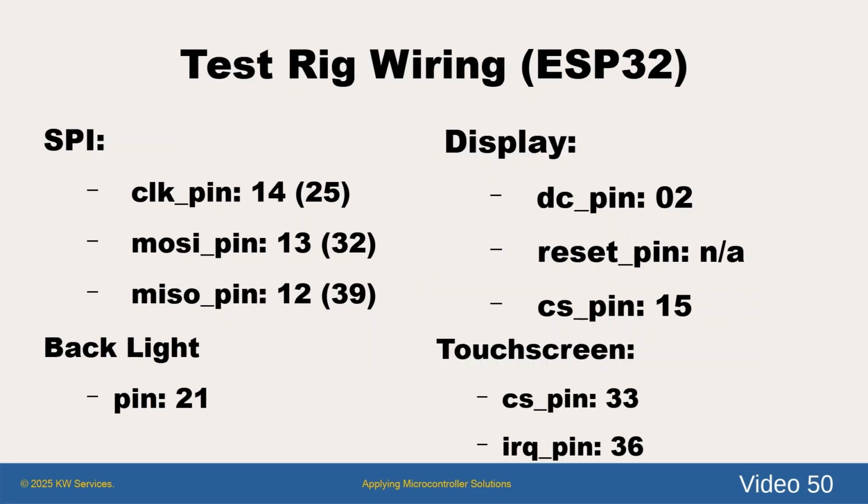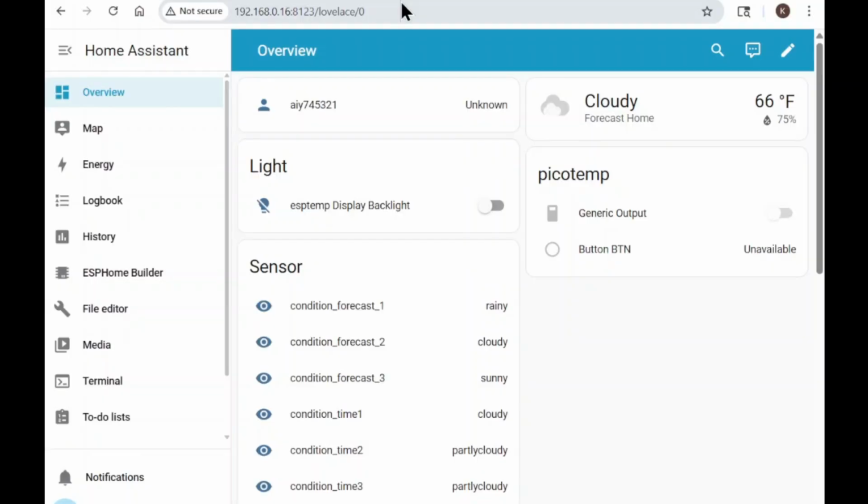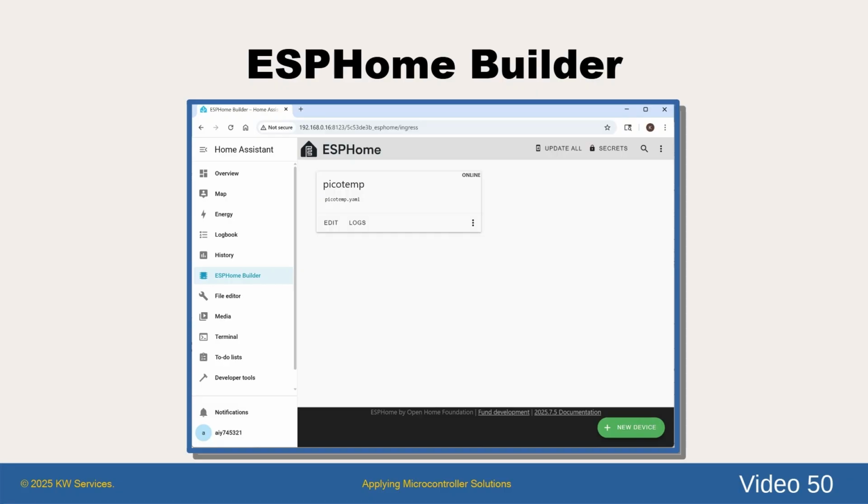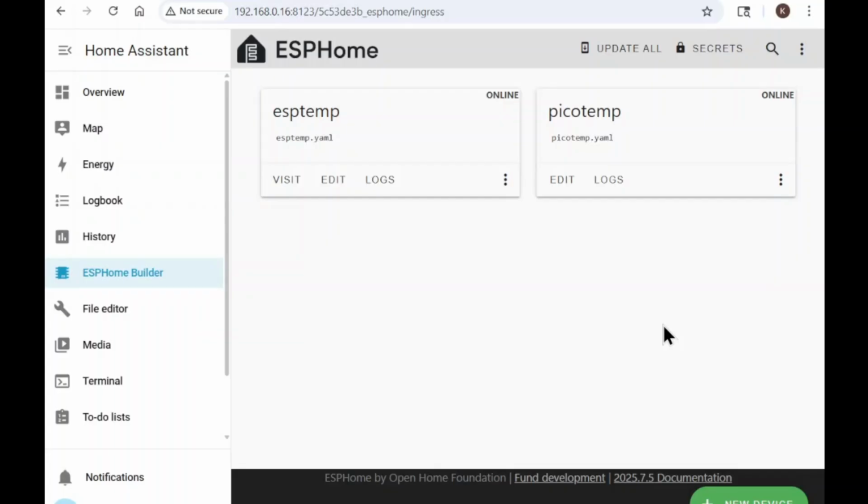On this slide, we show the pins used in our test rig based on the cheap yellow device documentation. The display's backlight pin is pin 21, and we must include it in our definitions. As you can see, we can turn it on from the Home Assistant display, or we can turn it on by touching the screen. Okay, back on the Home Assistant system, we select the ESPHome builder,